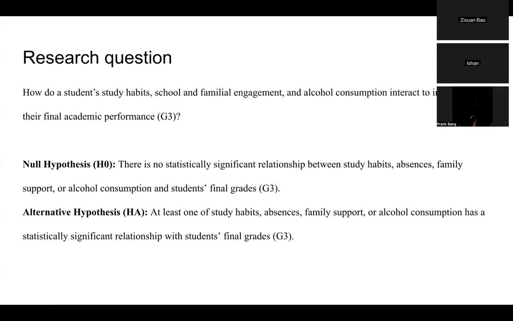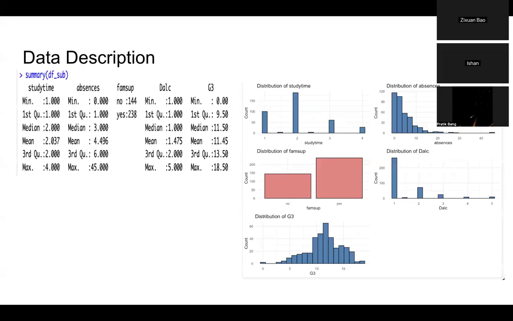Now, to explore the variables that were used in this case, if you can go to the next slide. Here, before running any of the models, I looked at the distributions of these variables. Most of the students reported lower study time, around 1 to 2 hours. There was also low alcohol use, which created strong peaks in these categories.